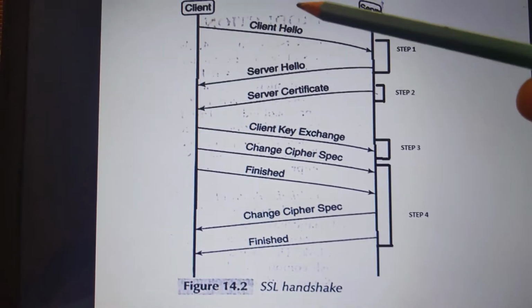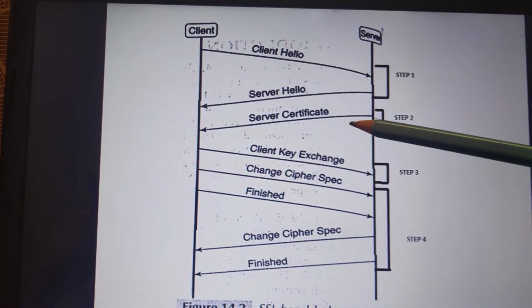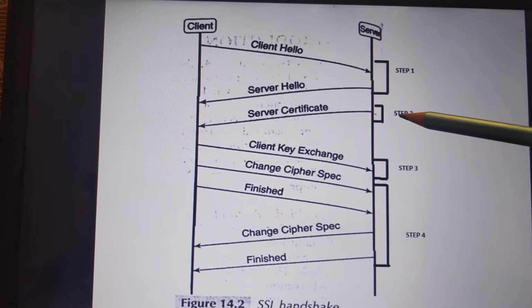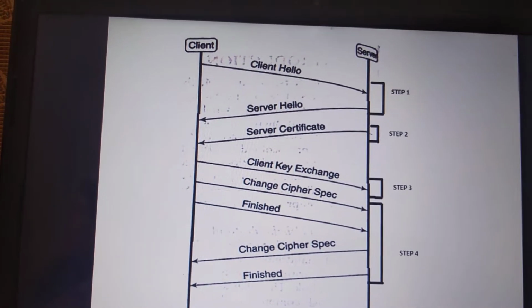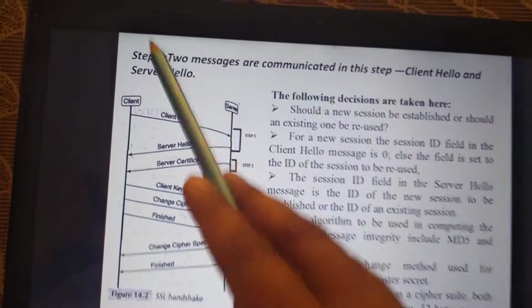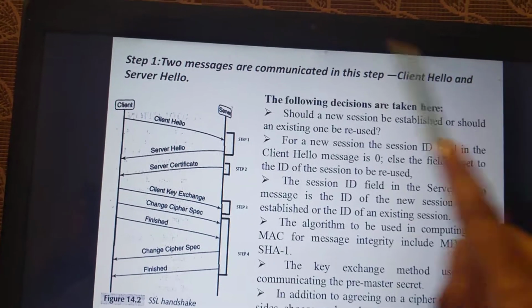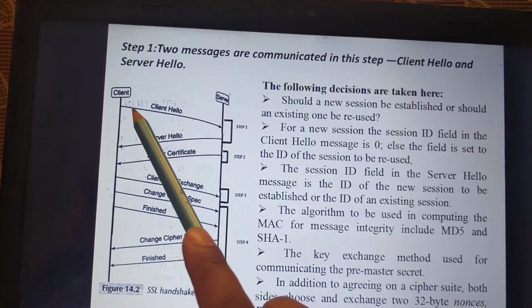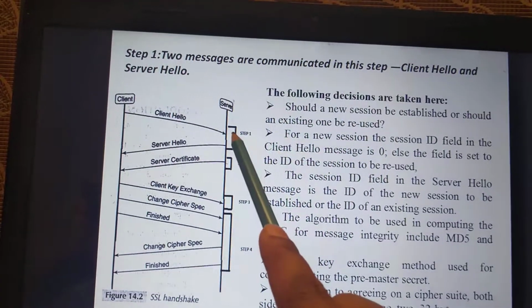These are the messages exchanged between client and server in the SSL protocol. It has been divided into 4 steps, step 1, step 2, step 3 and step 4. In the first step, 2 messages are communicated, which are client hello and server hello. First, the client wants to initiate the communication, so it sends a client hello message.